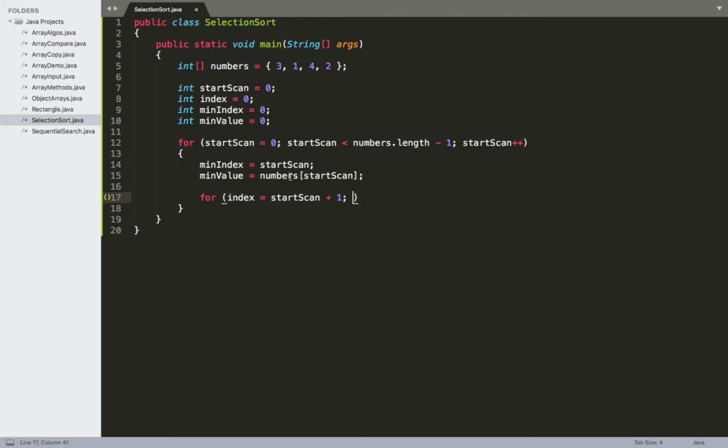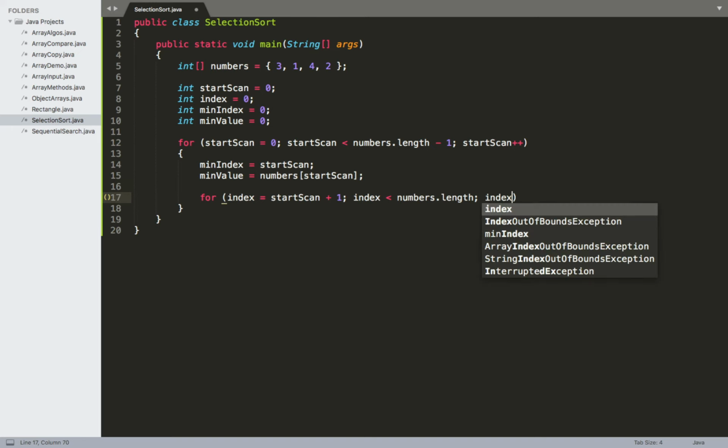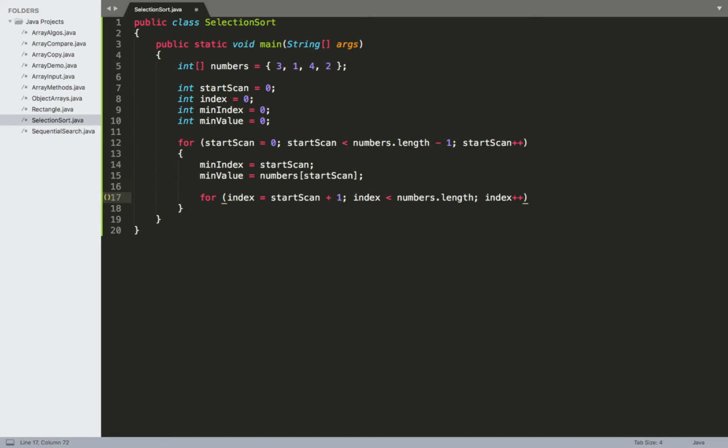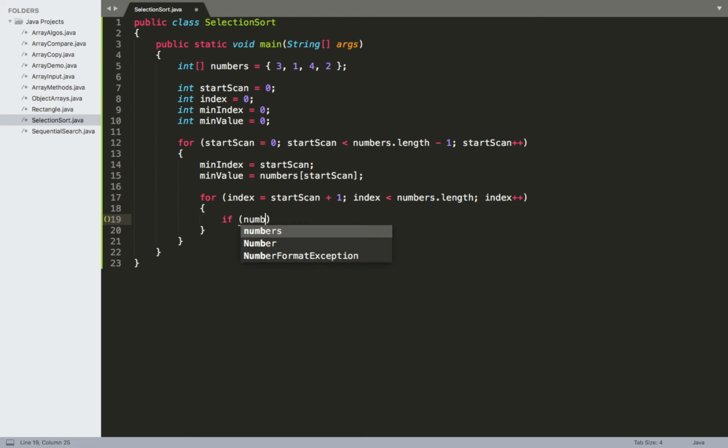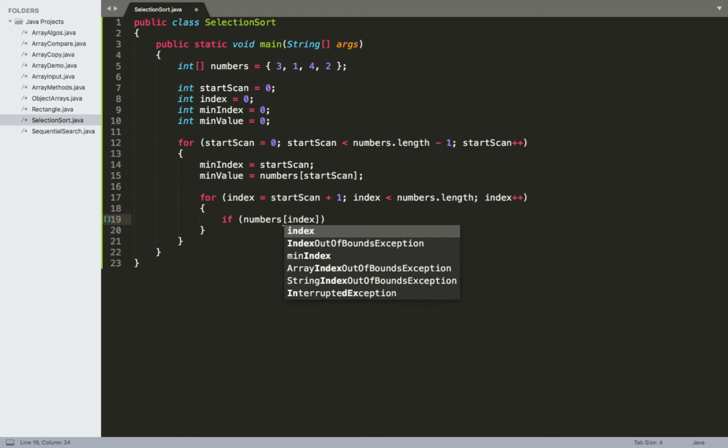So then the next thing we're going to do is continue with this until we get to the end of the array. So for this one, we're going to go till we get to numbers.length, and we're going to increment the index each time we go through this. Okay. And then inside of here, we're going to do a little check to see whether or not the value of the value inside of the array at our current position, so the value of numbers at position index,